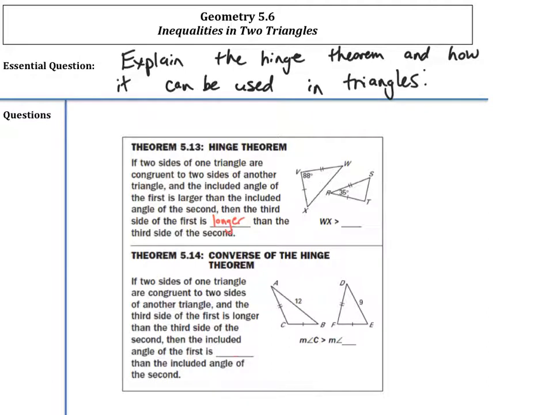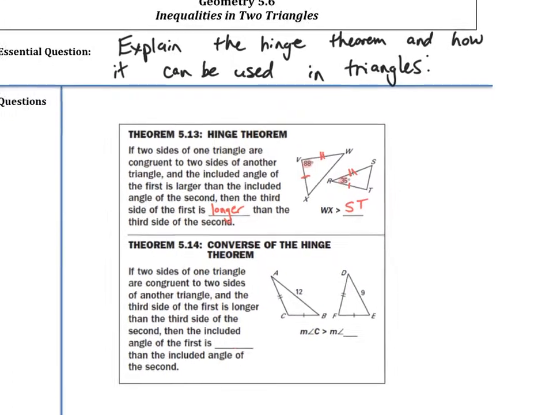So we see here, we have sides congruent, and we can see that 88 is bigger than 35. So we would say WX is greater than ST. That's what the hinge theorem says. If the angle is bigger, then the opposite side is bigger, as long as the sides next to the angle